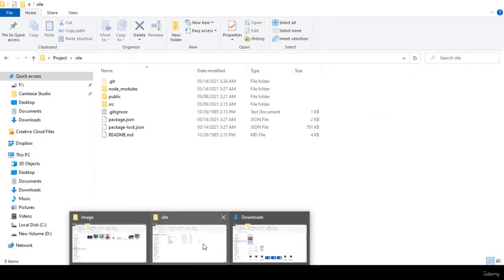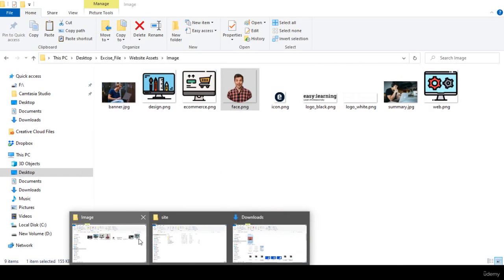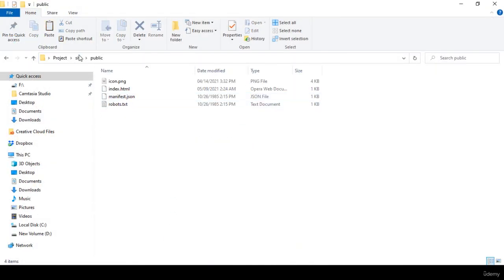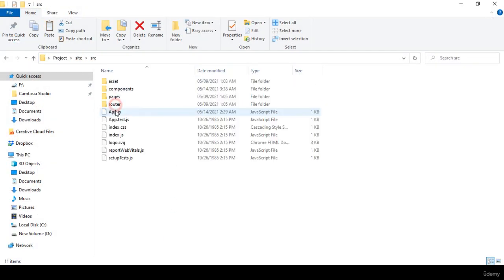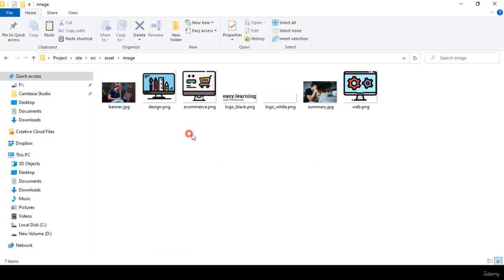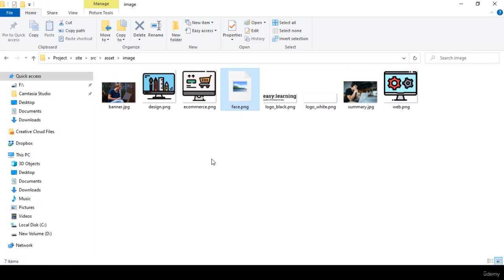And now in our project, that is our images, and that is our project, right? Into the project, not that public, I have already created a folder into the src, asset and the image, and here I first of all load it. Okay, I simply paste it. So that is the face. First of all, I want to